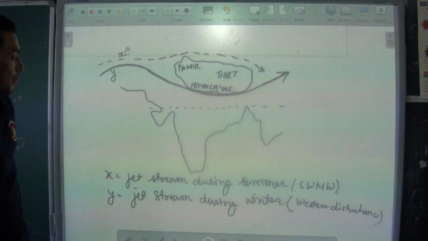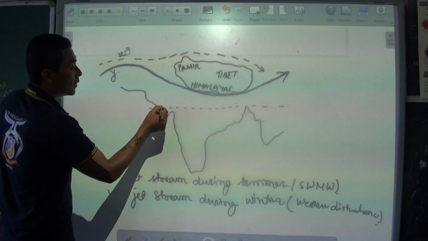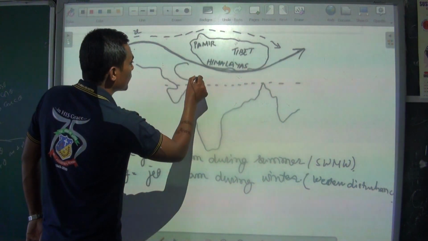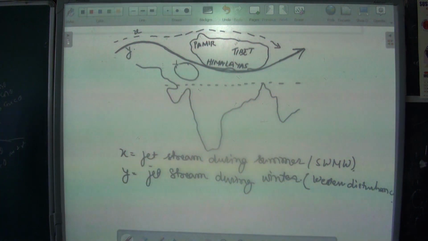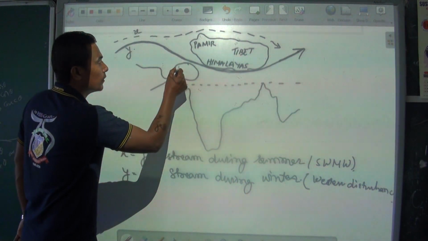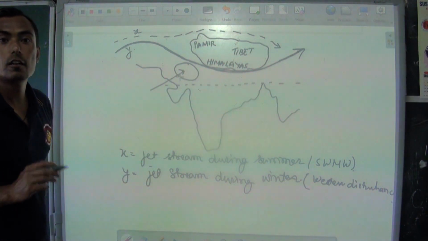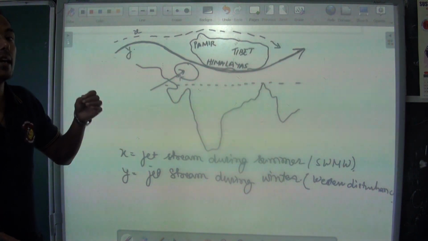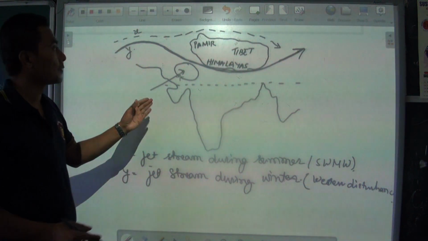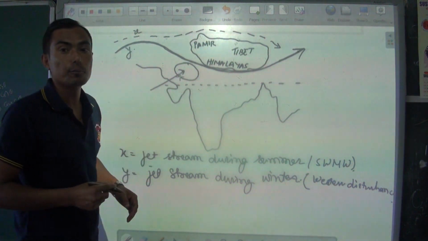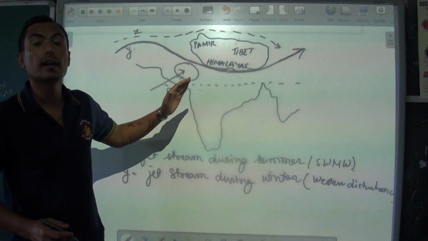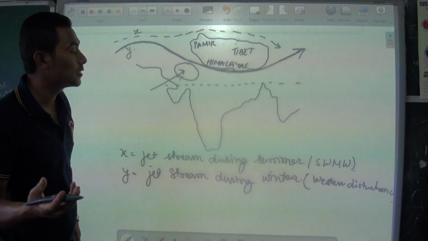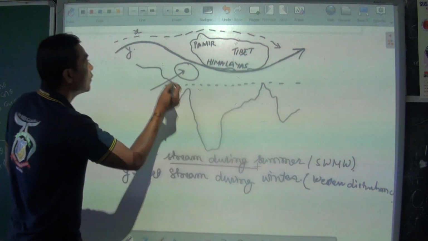And during the summer season, when the direct sun rays fall over the northwestern part of India, that is Rajasthan, this Rajasthan is covered with desert. As we all know, sand heats up quickly and cools down quickly. So because of that, especially during the month of May, the temperature in the northwestern part of India becomes very high. As it becomes very high, it results in attraction of a jet stream from the western part